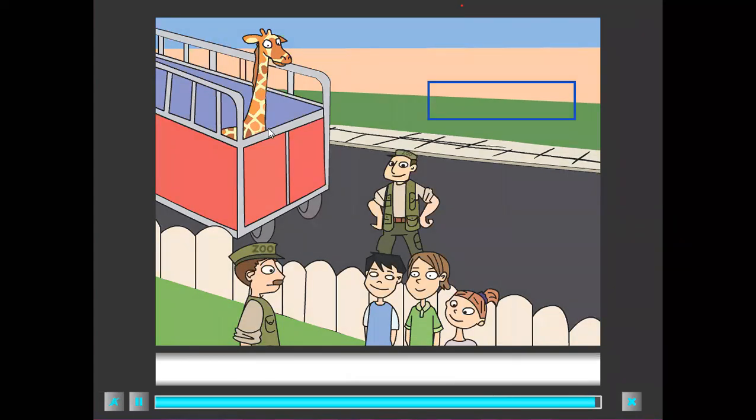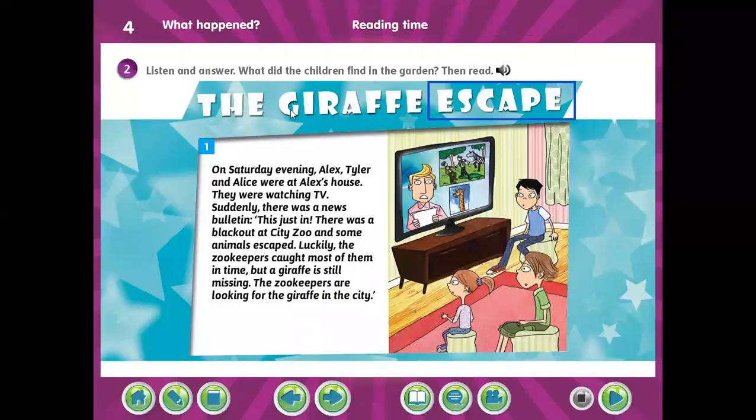Okay, you identify the vocabulary, no? For example, let's work in this part, okay? Let's go to anotar and help me to find the vocabulary. Go to anotar, please, and circle here the vocabulary of this story. For example, escape, no? Very good. Caught, no? The past of catch. Escape, and zookeeper. Good, very good. Enough, it's enough.